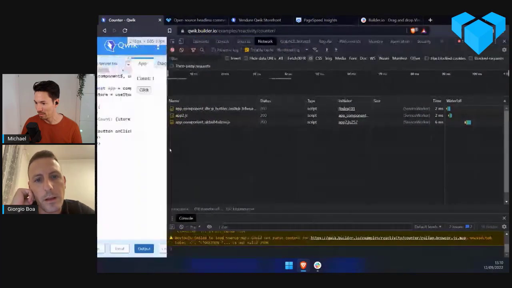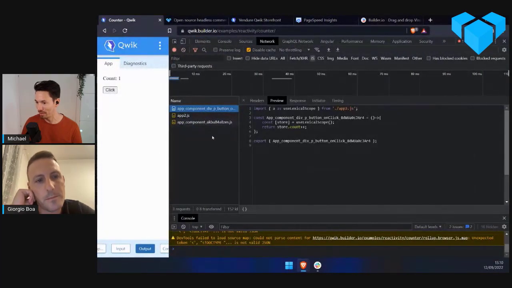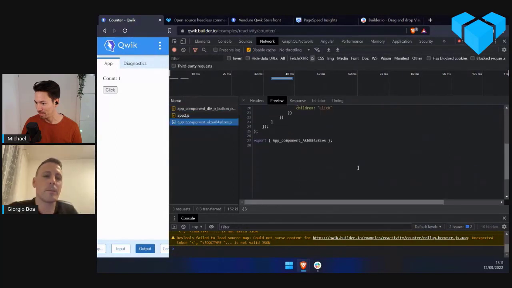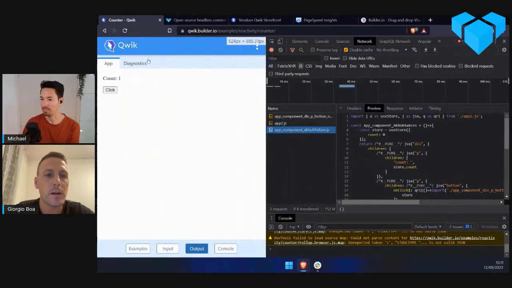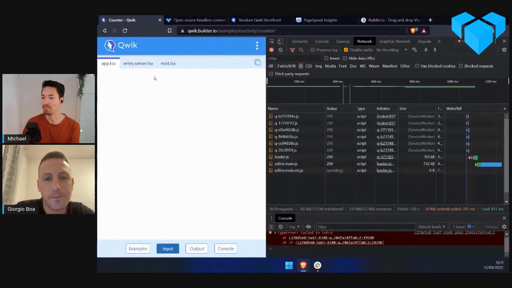Yeah. And this is one of the cool things about Qwik, right? Yeah, because Qwik at startup ships only the HTML and JavaScript needed for the viewport. So it ships only the things that the user needs to interact with in the current viewport.